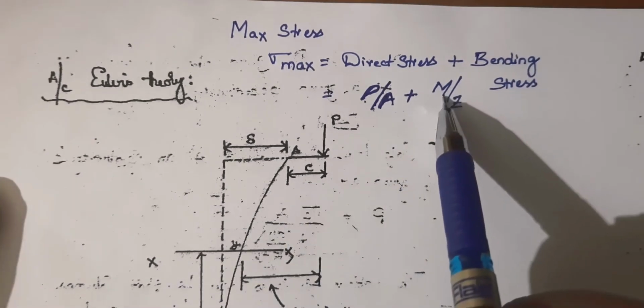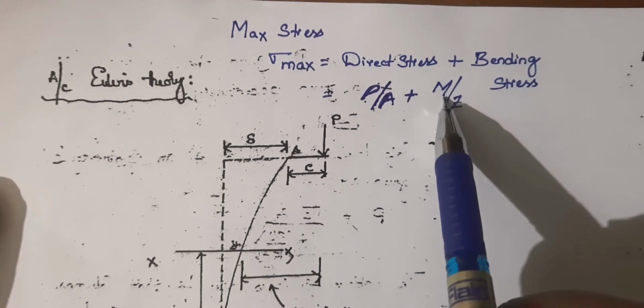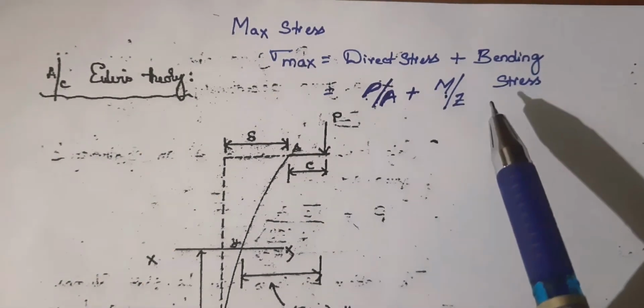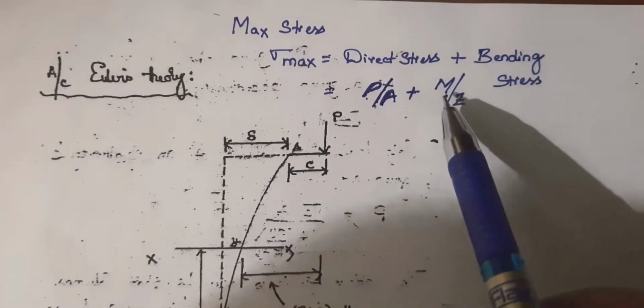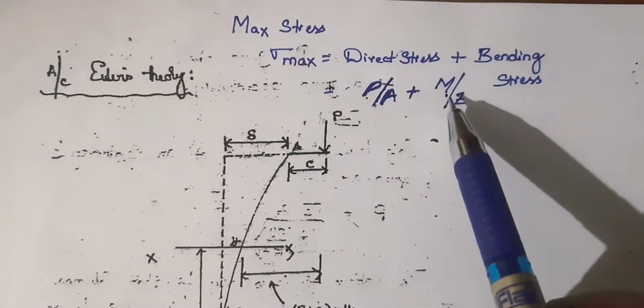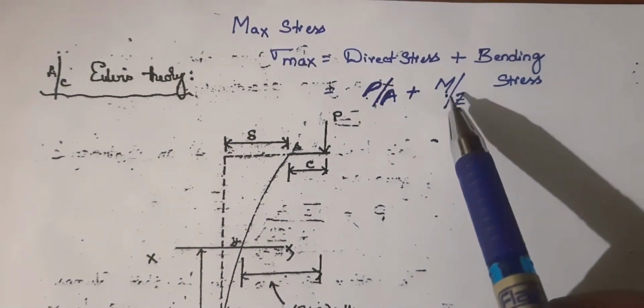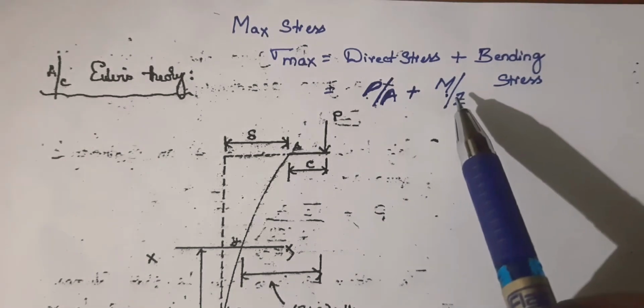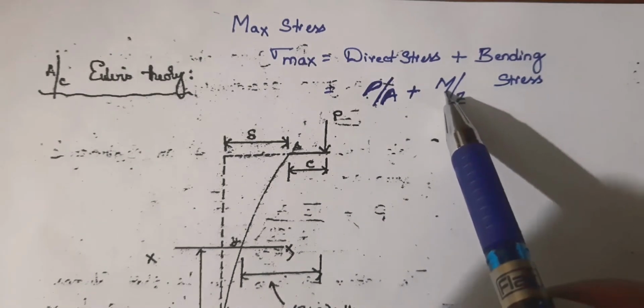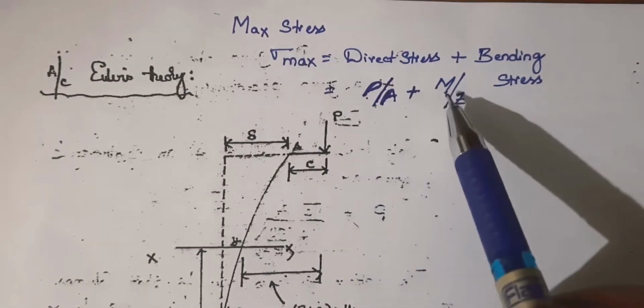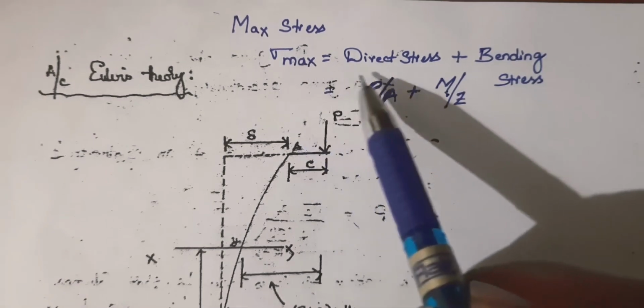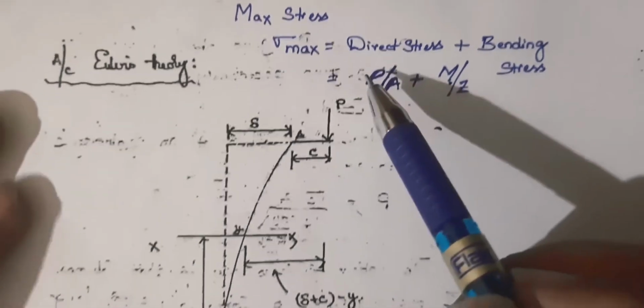In Rankine's theory, M is equal to P into e, right? But here, according to Euler's theory, this moment due to eccentric loading is not P into e. So let us see what M is, substitute the value of M here, and simplify this equation to get sigma max. To do that, consider a column which is fixed at bottom B and